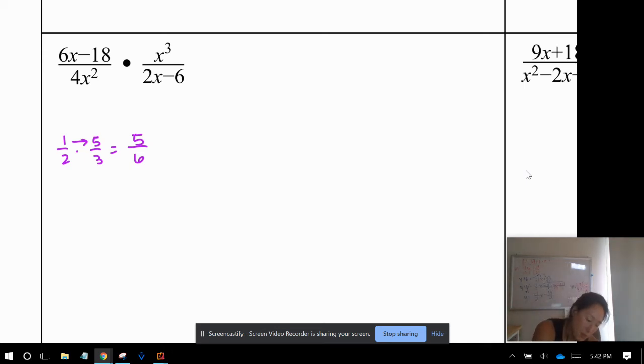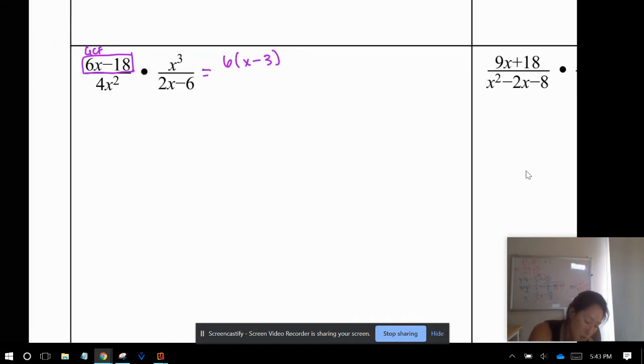Okay, so we go, oops, we're going to factor first. Factor first. Okay, so out of 6x minus 18, I see I have a GCF. That is the first factoring I always try, is GCF. So a 6 is a common factor between 6x and -18. So I get 6 times the quantity x minus 3, all over